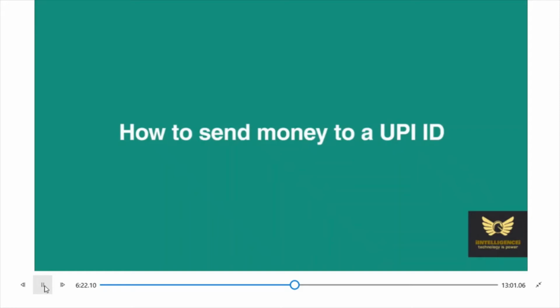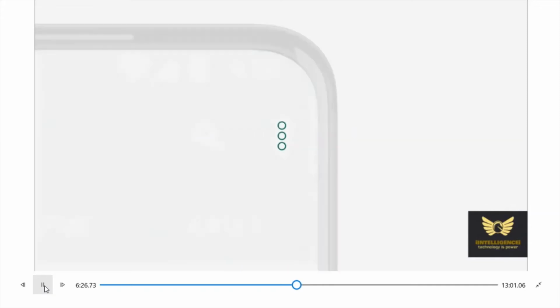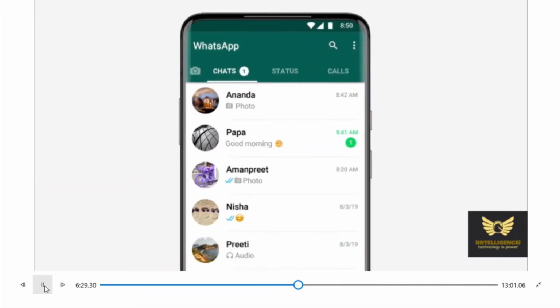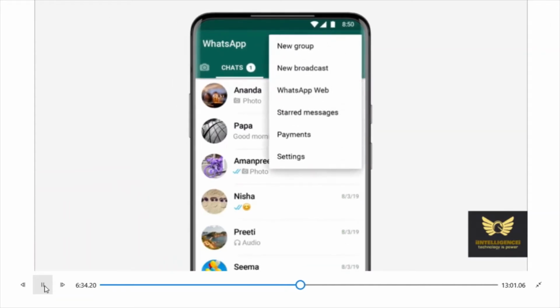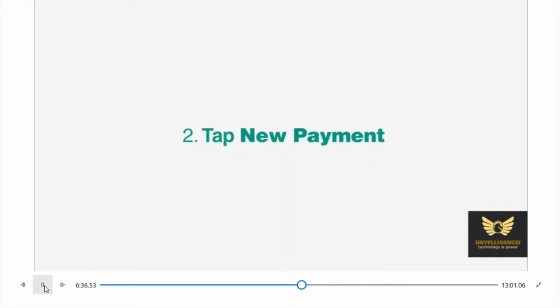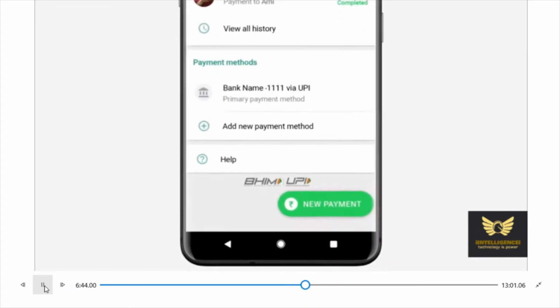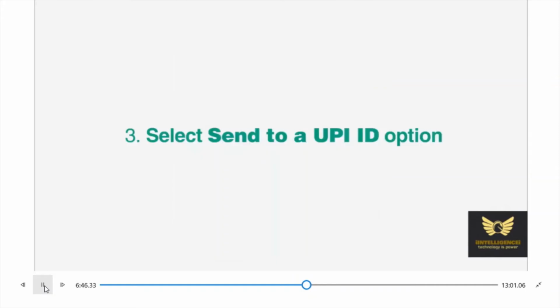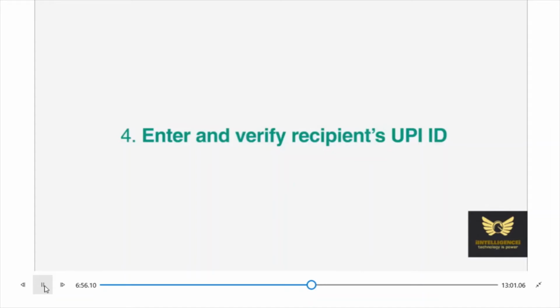Okay, go to payments, click that three dots, click payments, tap new payment, select send to a UPI ID option.